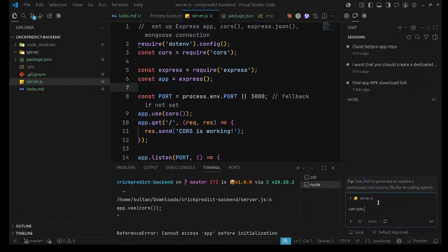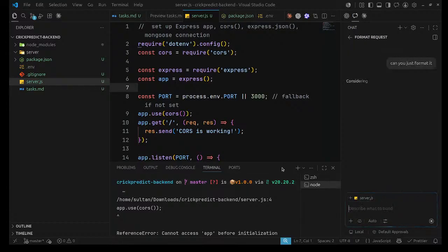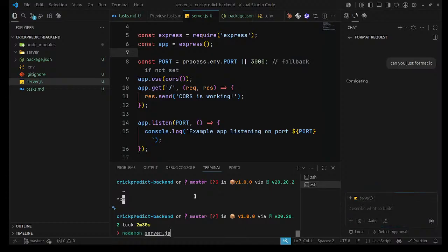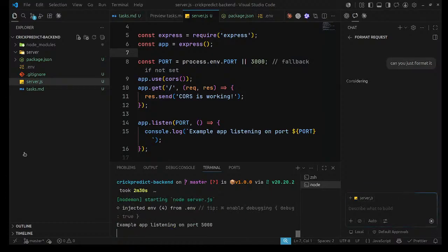Can you just format it? But let's see how it is working. Let me crash this. I don't know. Okay, it's working. Let's see at localhost. Yeah, cors is working. It's good.